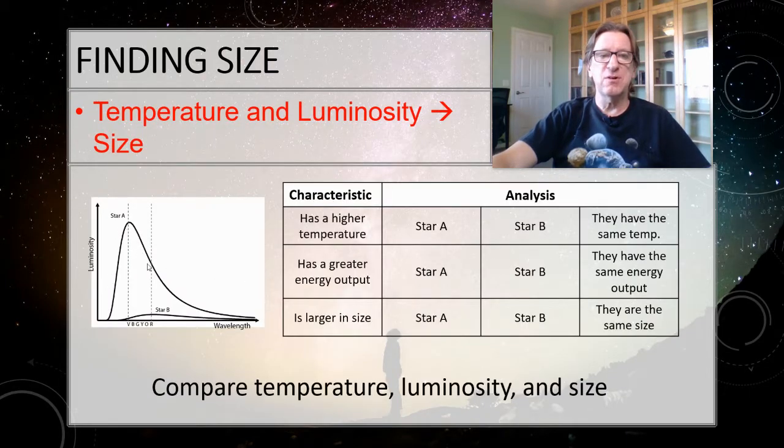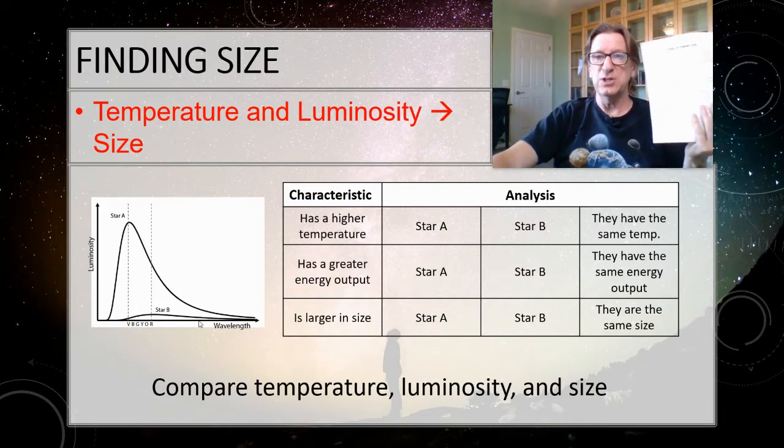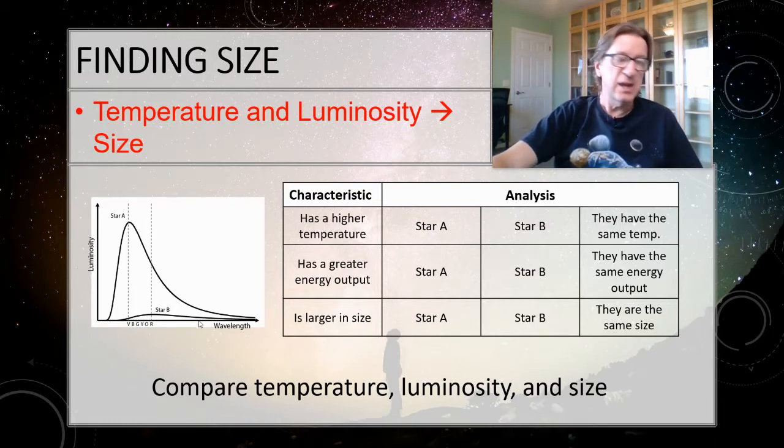So here's our graph, and we've worked with this before. This is star A and star B, and you can look on your page here and you'll be able to see those. And as always, I want you to pause the video after each one and see if we can figure out how to make it work. You can even pause the video and do the whole chart if you want, but let's talk about it individually for this one. So this is our luminosity. This is showing how much of each color that we're getting. The peak wavelength right here, the peak is really the only one we're interested in. Here's the wavelength, and here's the luminosity for that point. That's what we're looking at.